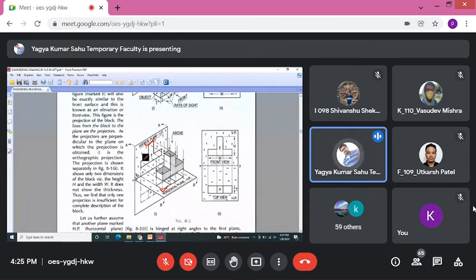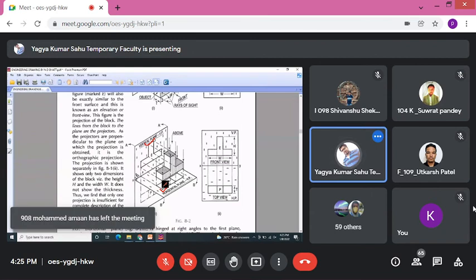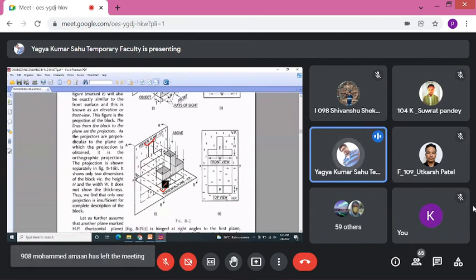But you can see the arrangement of paper: for drawing these two views we need at least two plain A4 size papers, perpendicular to each other. But we cannot do this in practical drawing. So what we need is to rotate this horizontal plane in the direction of arrow B, either the horizontal plane or the vertical plane. But I always suggest to rotate the horizontal plane 90 degrees clockwise, so that you will get the horizontal plane in the extension of the vertical plane.